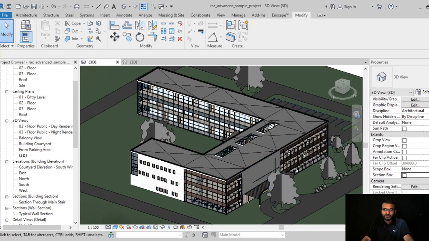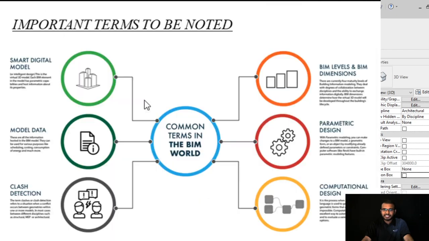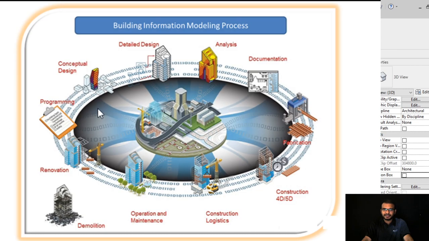As I mentioned in the previous presentation, you have seen this cycle: conceptual design, detailed design, analysis. In each and every area, the reference will be Revit. Whoever is involved in this modeling will refer to Revit for a clearer idea or more information about how it works.